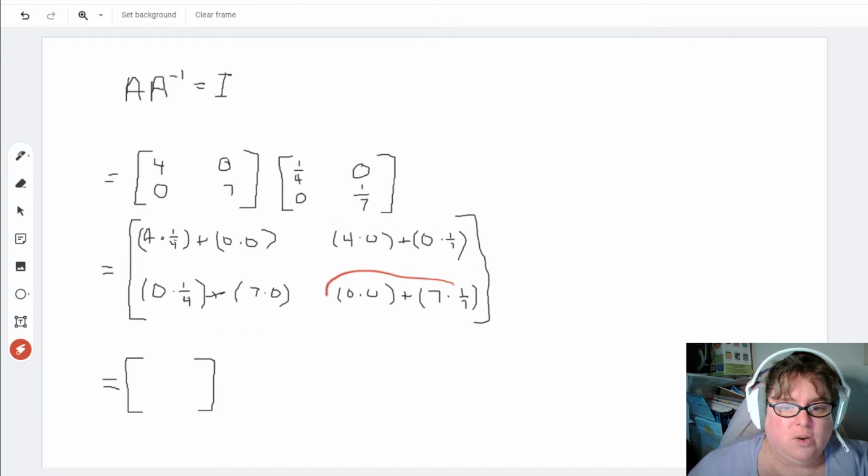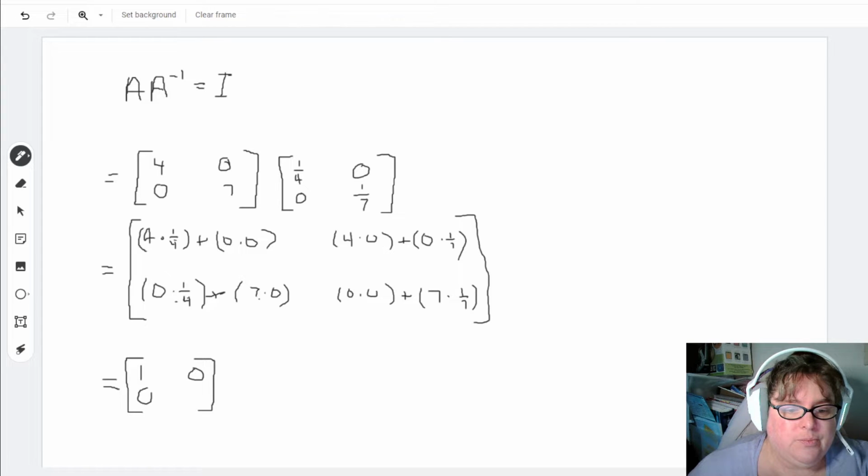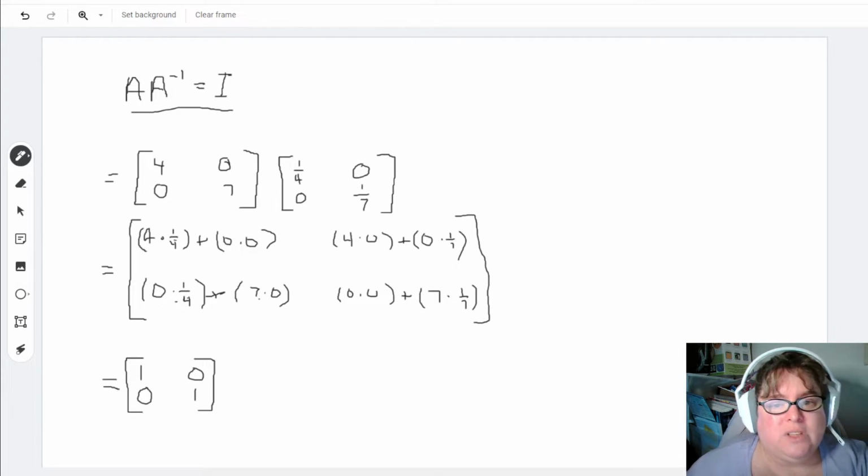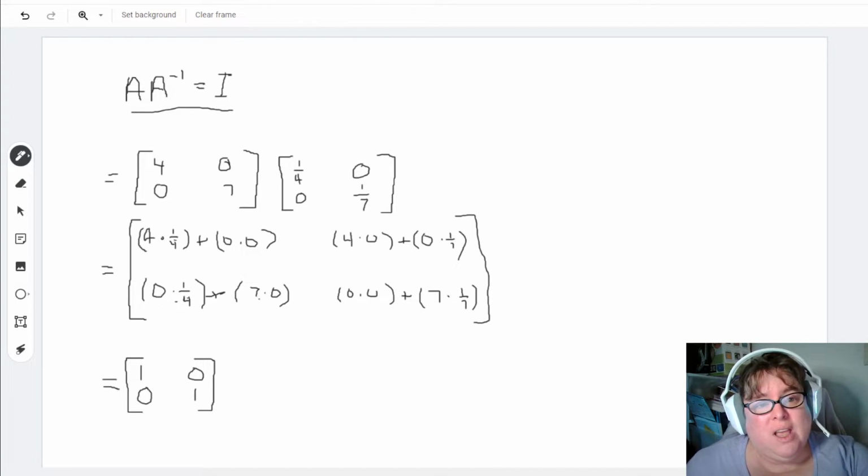Individual sections that are going to be added up to give us our final matrix. So 4 times 1/4 is 1 plus 0. So we have 1. 0 times 4, 0 times anything is 0. And we have the same thing here. And then 0 times 0 is 0, plus 7 times 1/7 is 1. So what we end up with, as you will see here, is an identity matrix. This tells us that our calculation was correct. This is how you can check to make sure that you got the correct